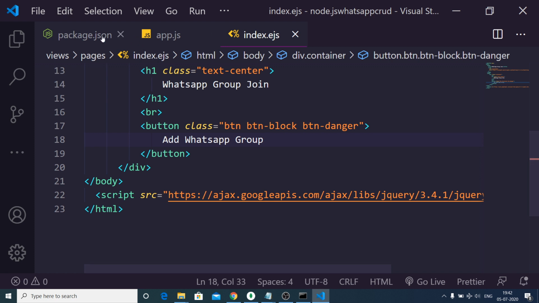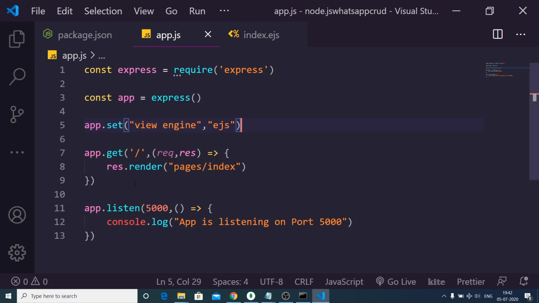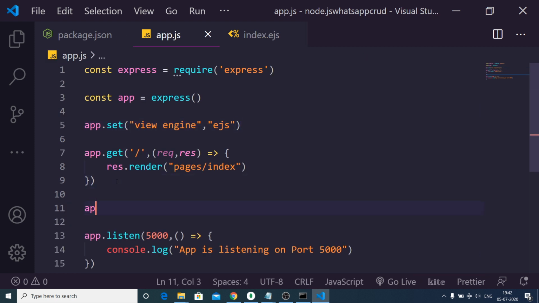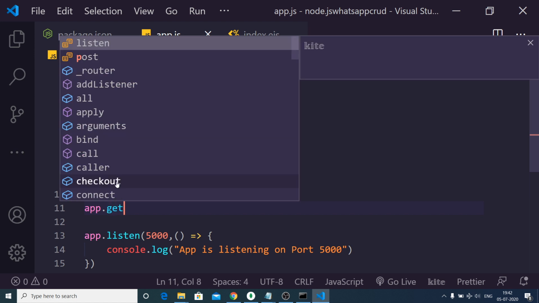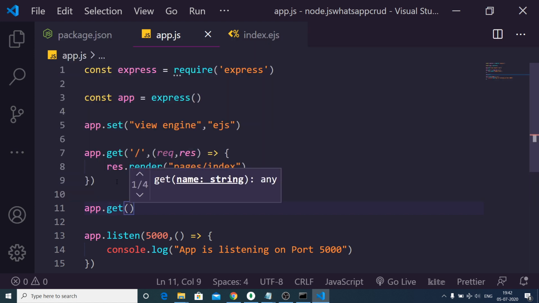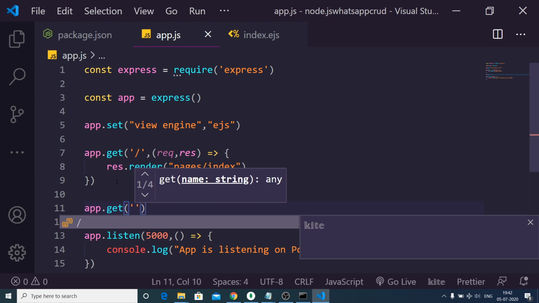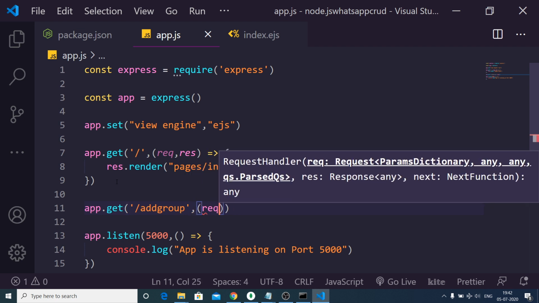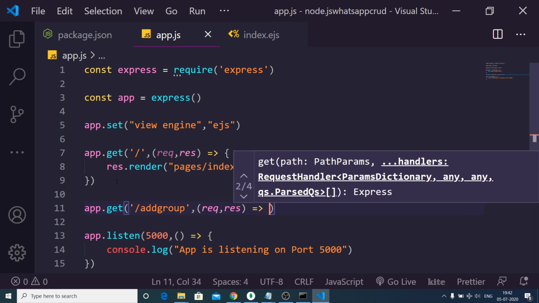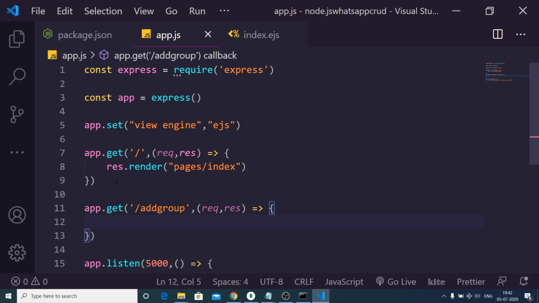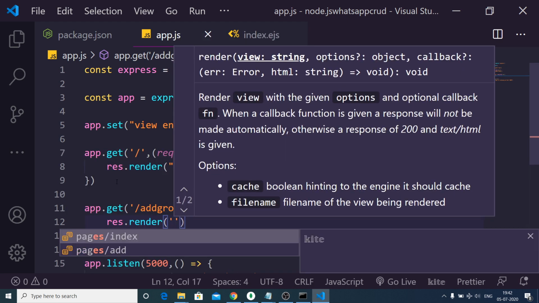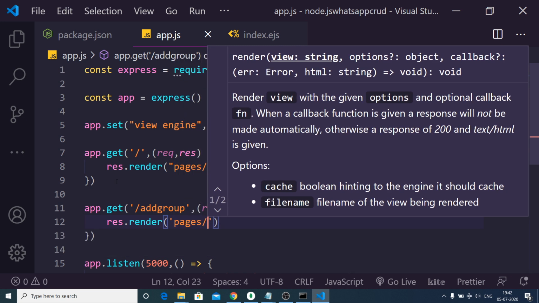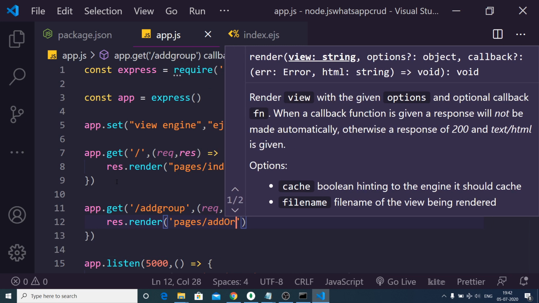Let me go to my app.js, and here we need to initialize a get request to slash add group, with request and response, and here we need to render a different template this time, which will be pages slash add or edit.